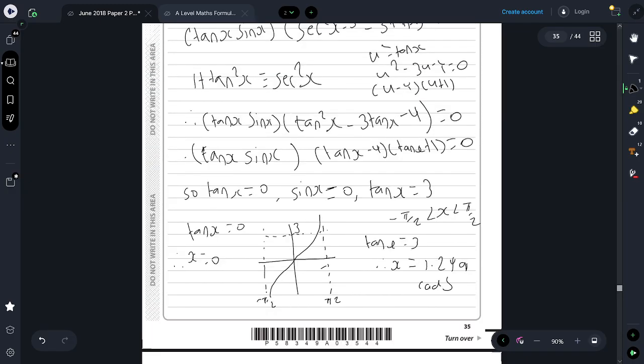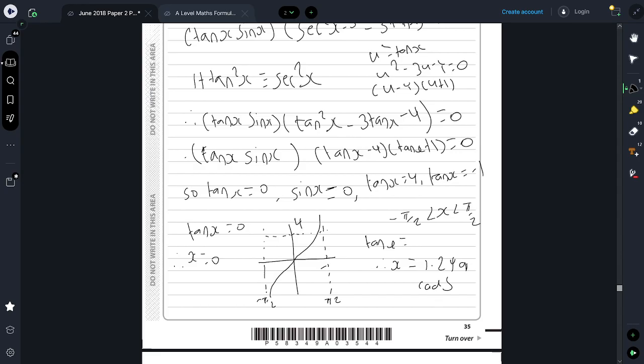Okay, so we've got this factorization. Again, this bracket has to be 0, which means tan x is 0, or sin x is 0, or tan x is 4, or tan x is minus 1. And again, it's the same sort of approach. So tan x is 0, but it has to give x is 0. Tan x is 4, so not 3. That would have to give